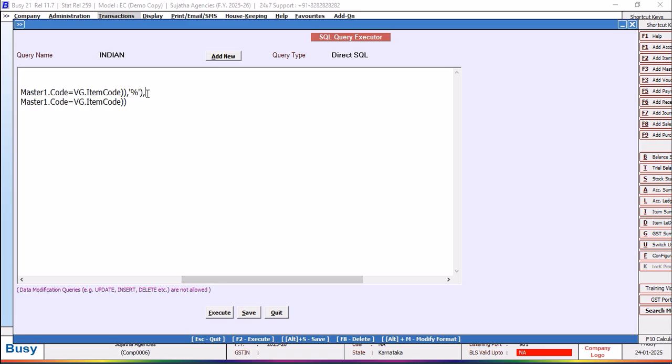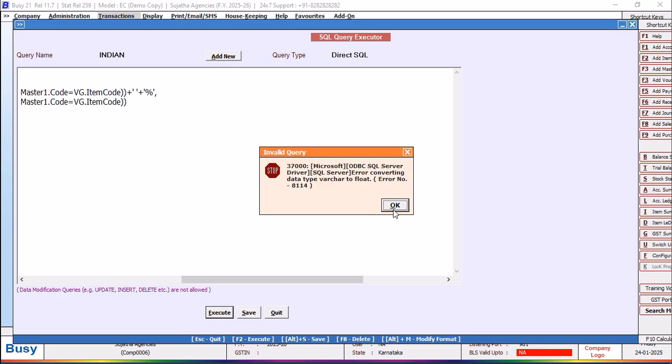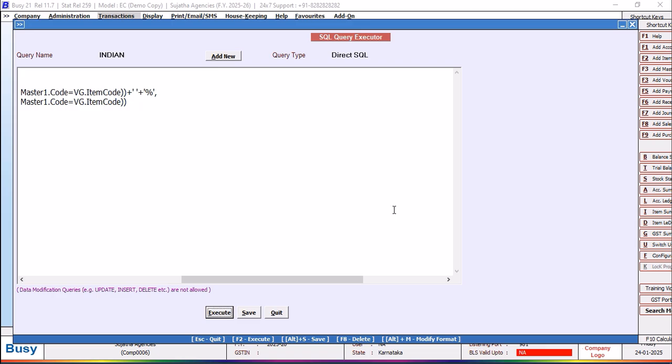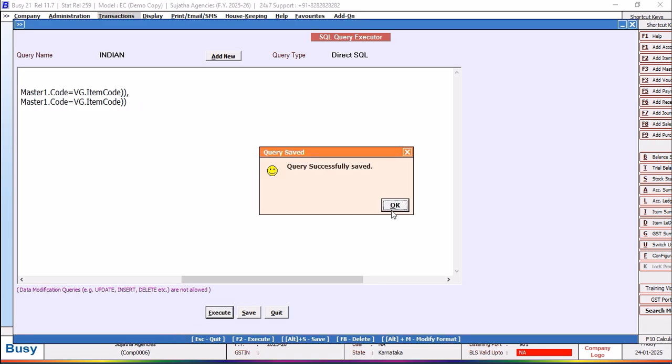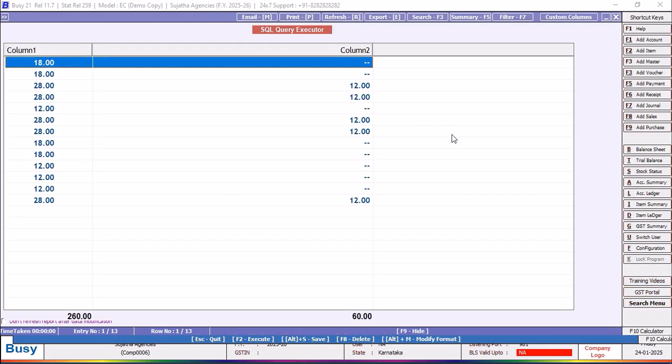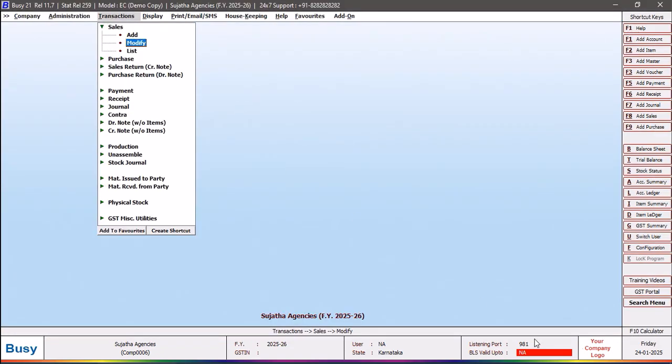So I'm going to remove that concat function. It's okay. Plus. No, varchar, it has come as varchar. Okay, now I'm going to run it. I will get the same answer as I was getting earlier. Okay, now